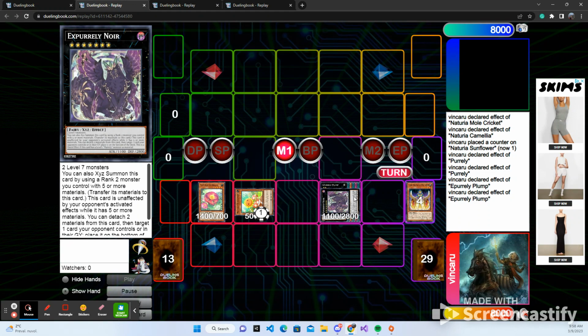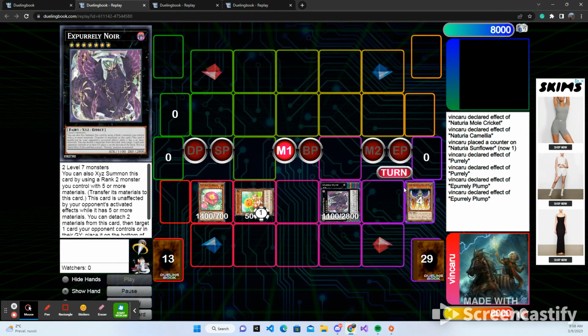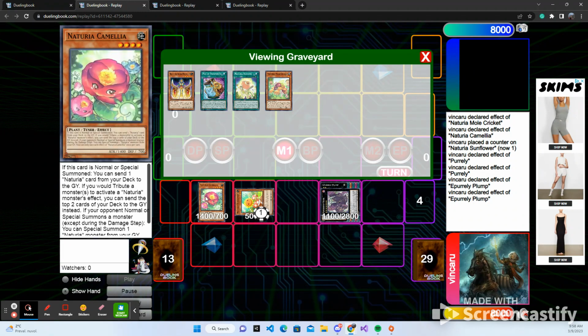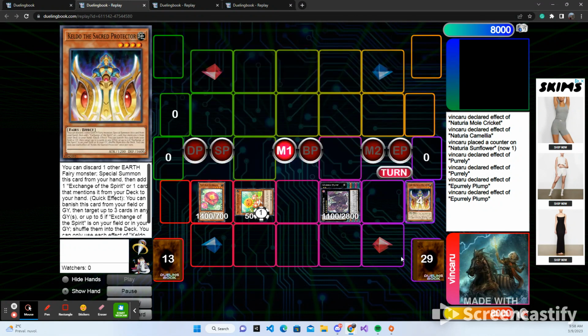Although I would probably say in this instance to just keep Noir around, and that would probably also help. And then we have some Mole Cricket and Camellia to summon back as well, so we can grab another Blessing for next turn. I hope these combos were kind of